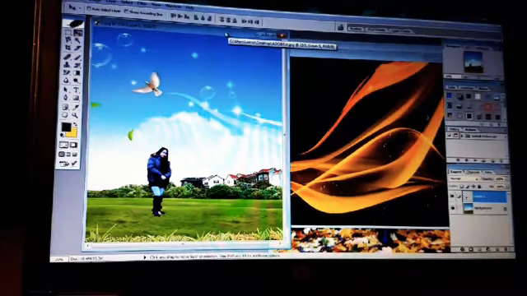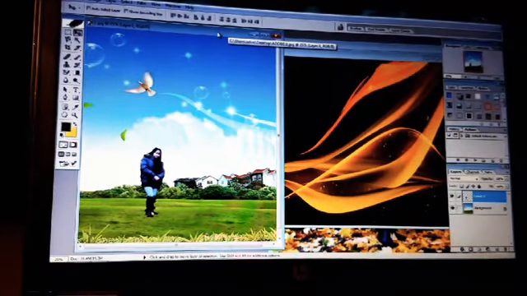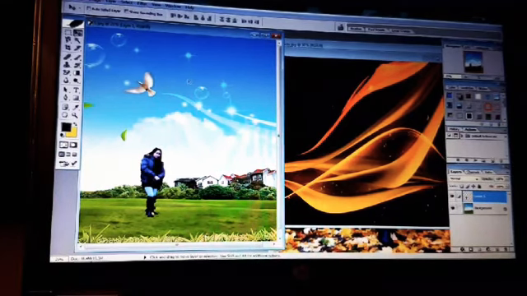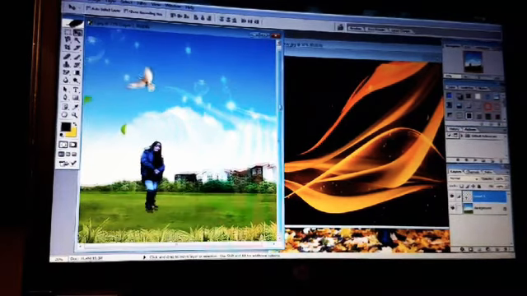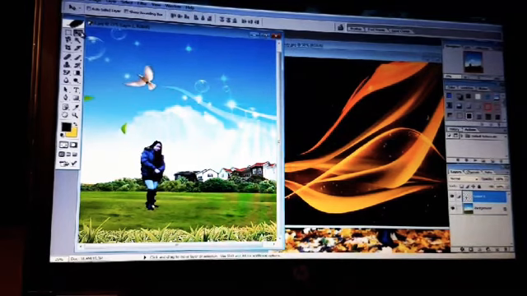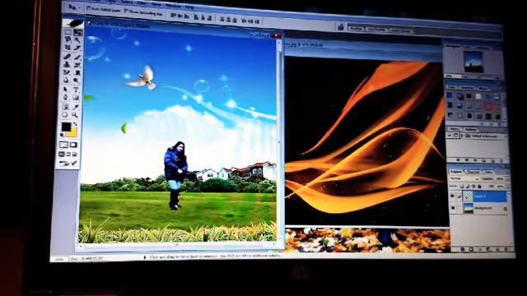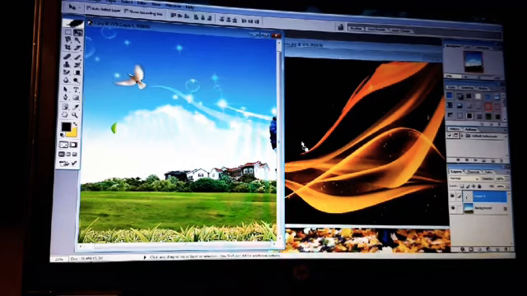Then go back, click this picture here. Then just click the move tool in this area and drag this picture, pointing down with this arrow here, and drag her going to the